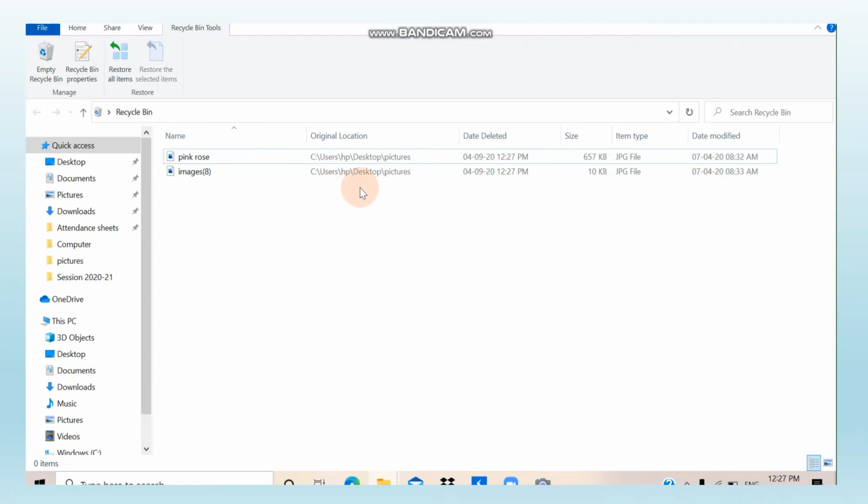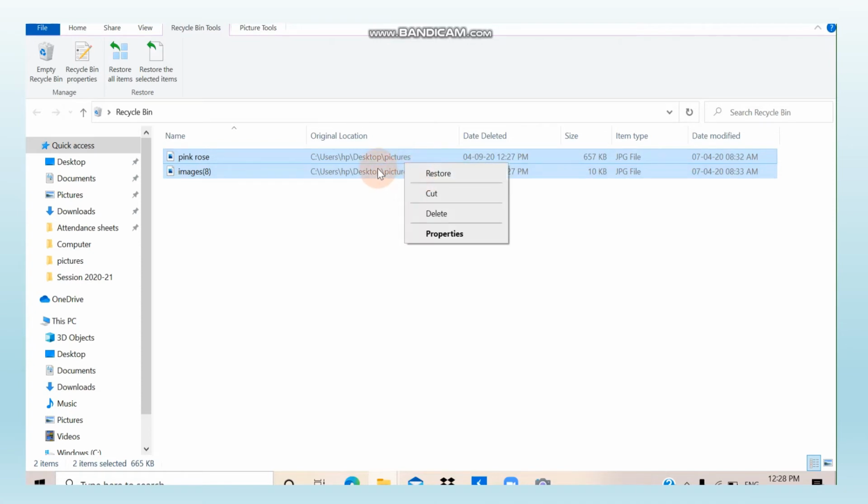So, if you want to delete from the recycle bin also, what you have to do? You have to just select it and then press the delete key. Okay? And suppose you want to restore it. What you have to do? After selecting it, you have to right click and press restore.